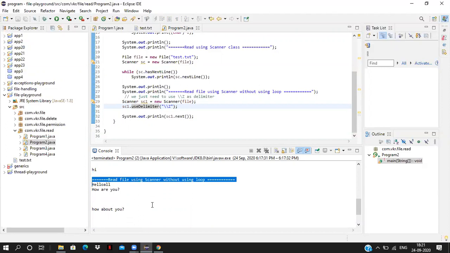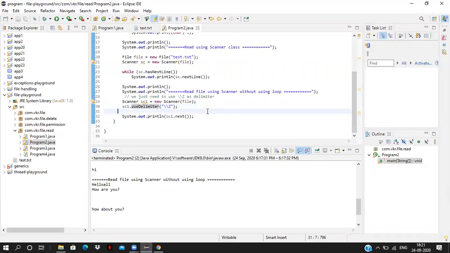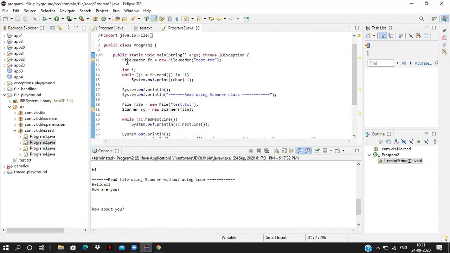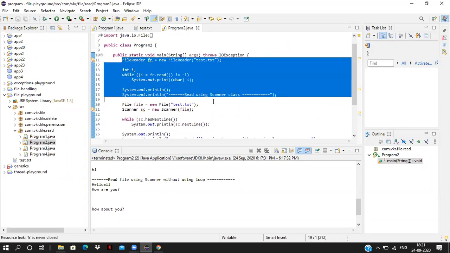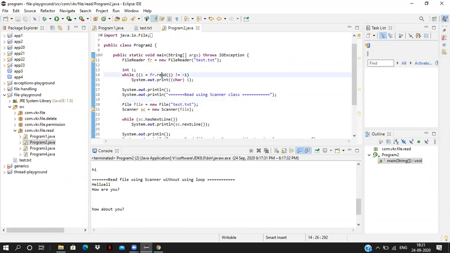Now in this same program we have seen three ways we can read the file. In the previous program, that is the standard way: creating file object, creating file reader, creating buffered reader and reading the file. That is the basic way. But how to read a file using file reader? We can read it using this one. Here it is reading each and every character, and when the character reaches the end of the line it gives -1, so this will skip over there. Similarly, it will go up to each and every line up to the end of the file.